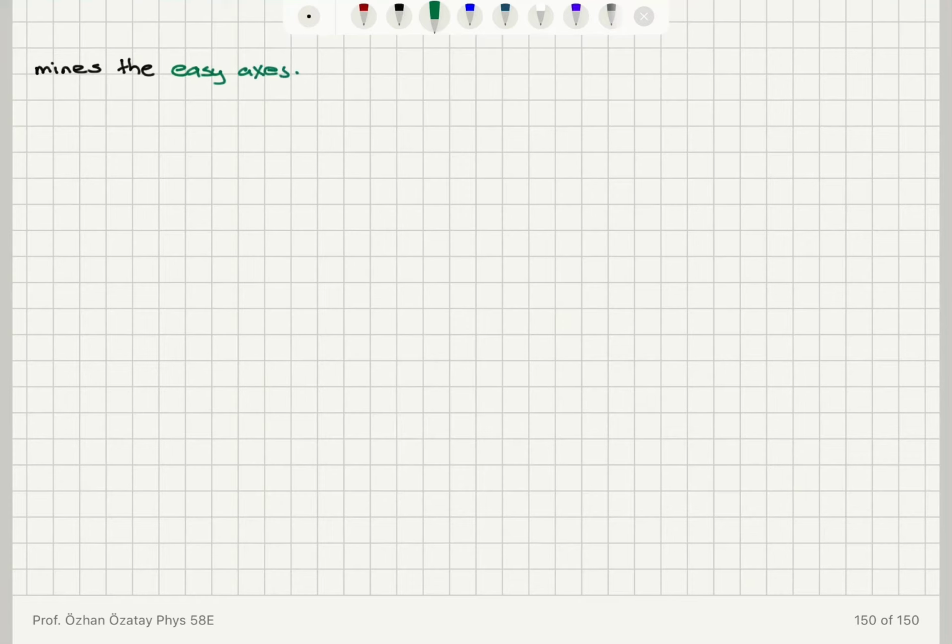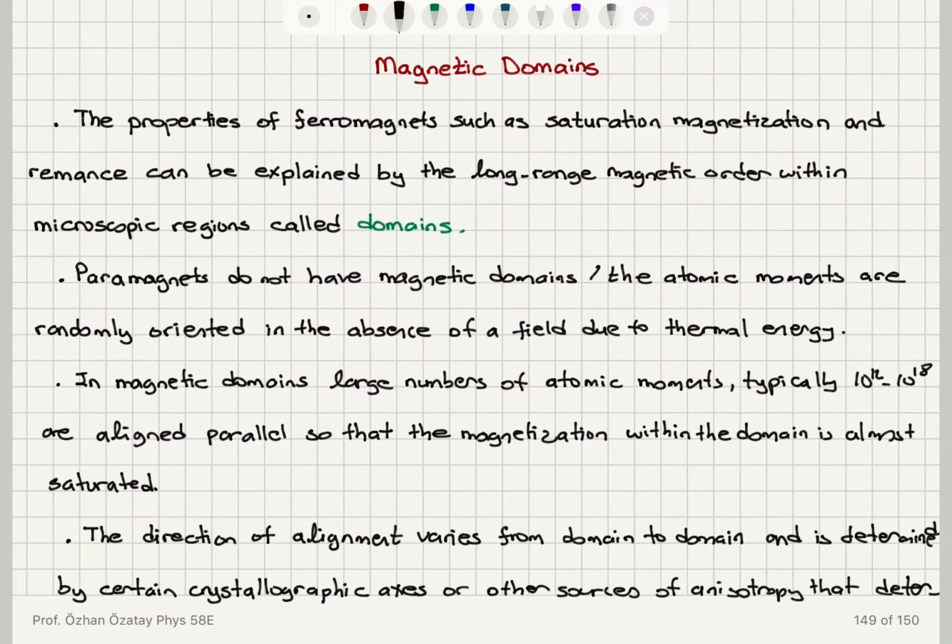So we call the alignment axis the easy axis. Okay, so we have ferromagnets that have saturation, magnetization, and remanence, and this can be explained